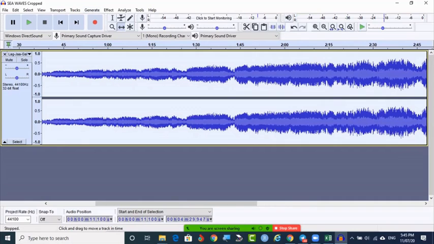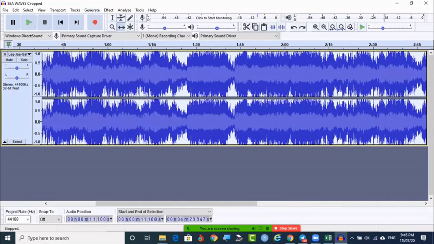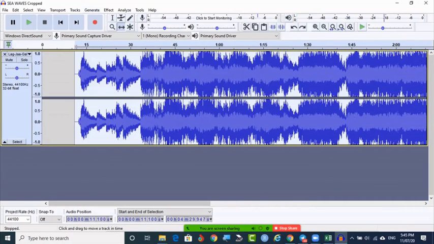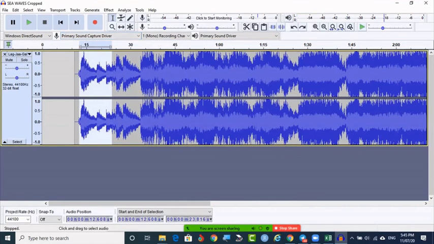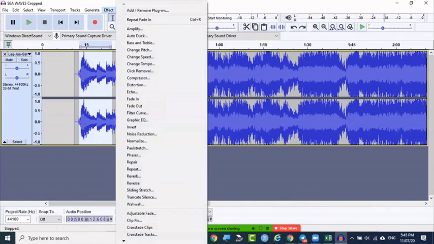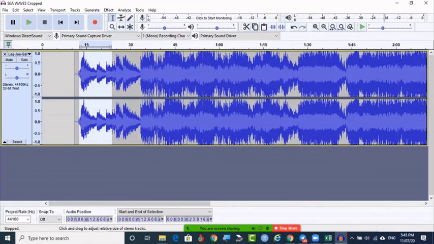In case if you want to, I'm pressing Control Z, undo that. I want to give the fading effect only to this portion. Select this tool. Only to this point, I want to give the fading. You select that, go to the effect, fade in. Only that portion will be getting the smaller noise.